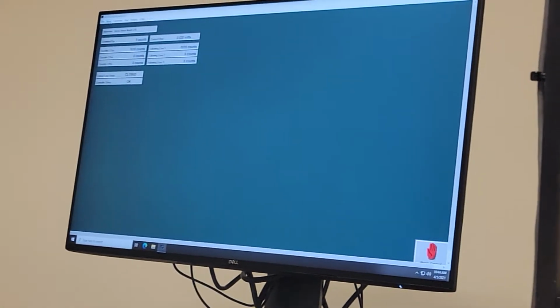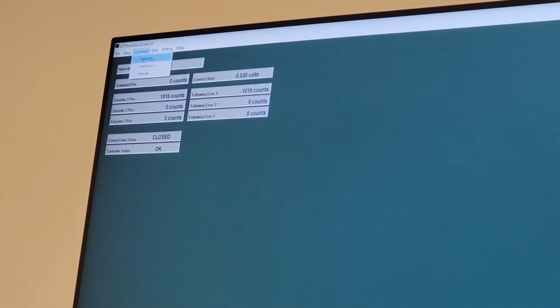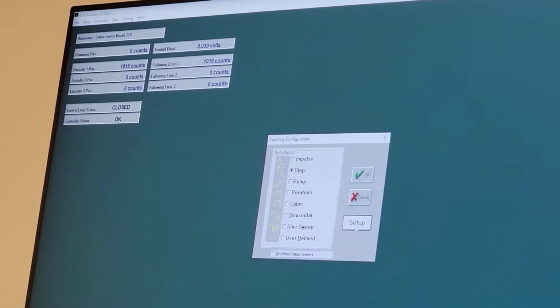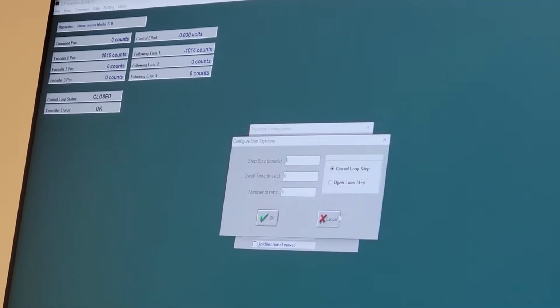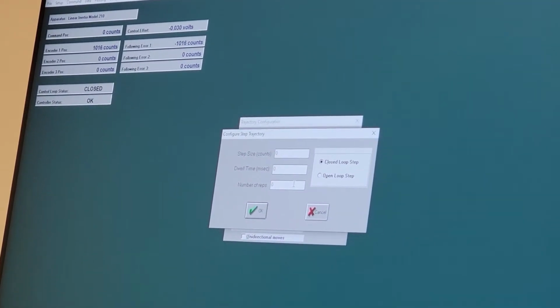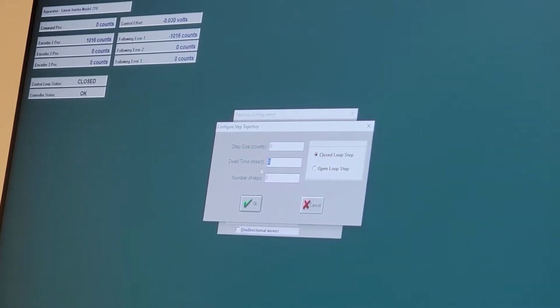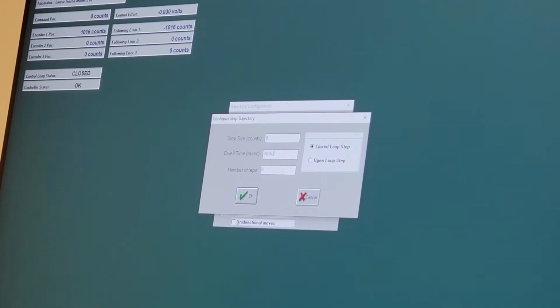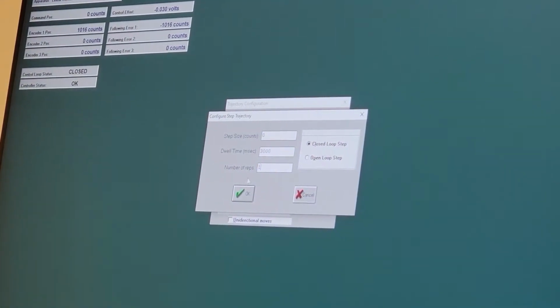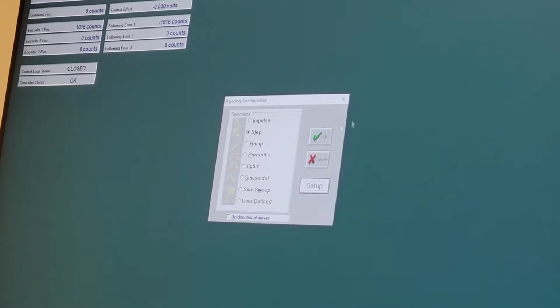So you can go here, command trajectory. So over here, if you go to the step, you don't need to give any counts right now, but the dwell time is 3000 milliseconds. The repetition is 1, and then hit OK. So what it will do, command